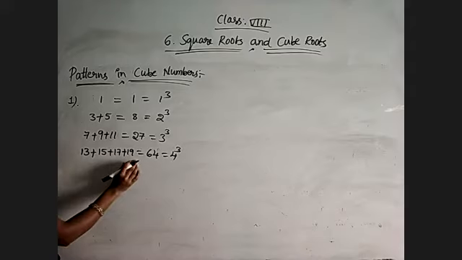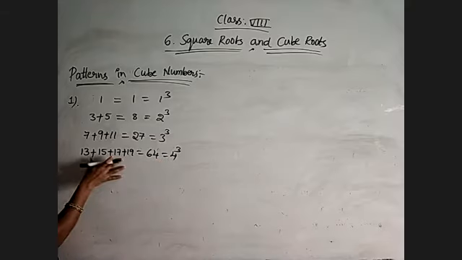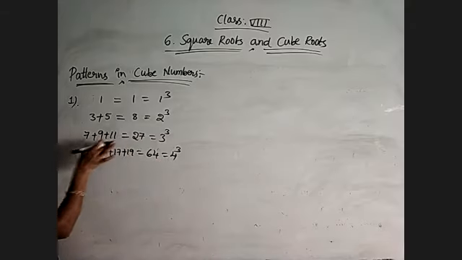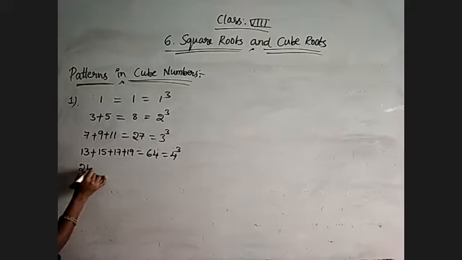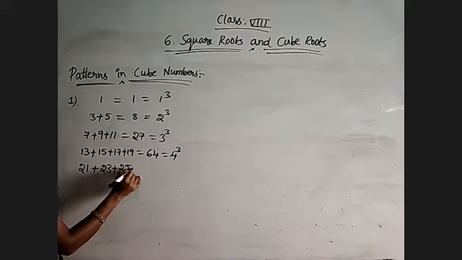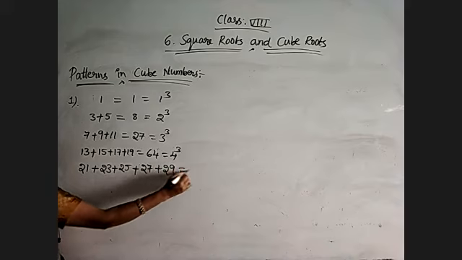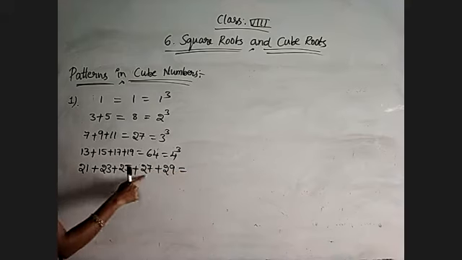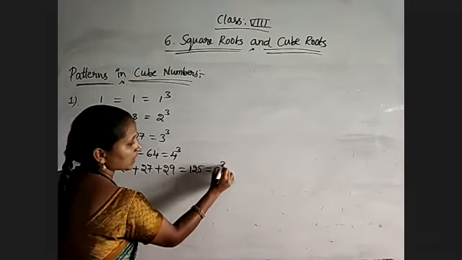Next consecutive numbers. How many consecutive numbers do we want? To write 4 cube, we are writing 4 consecutive numbers. To write 3 cube, we are writing 3 consecutive numbers. Consecutive odd numbers. Okay, like that only. Next consecutive numbers will start from 21. 21 plus 23 plus 25 plus 27 plus 29. 1, 2, 3, 4, 5. You will get 125 as their sum. Compulsory 5 cube you will get.